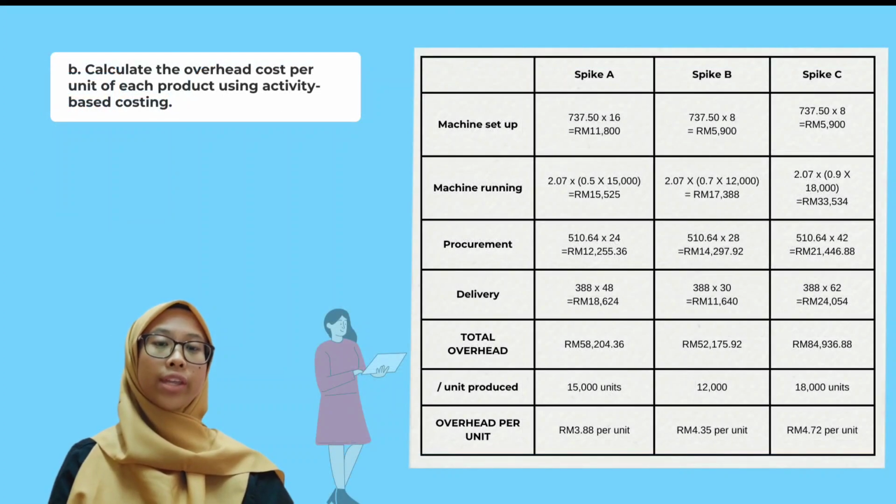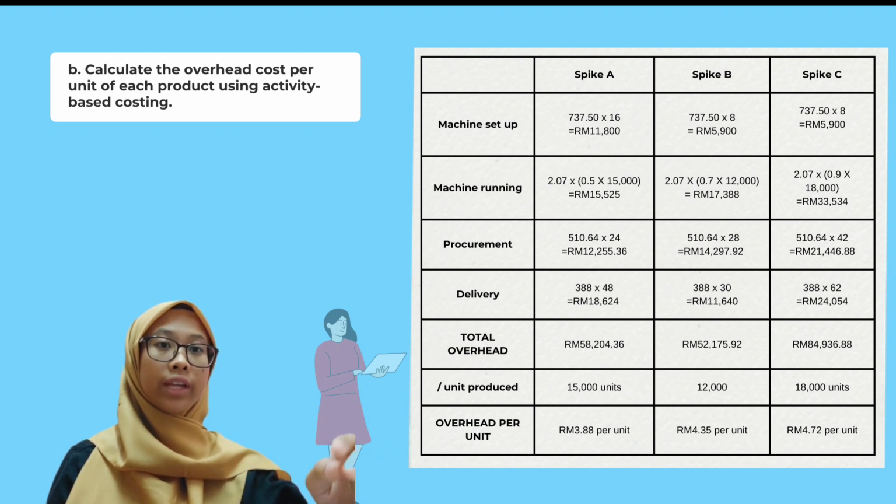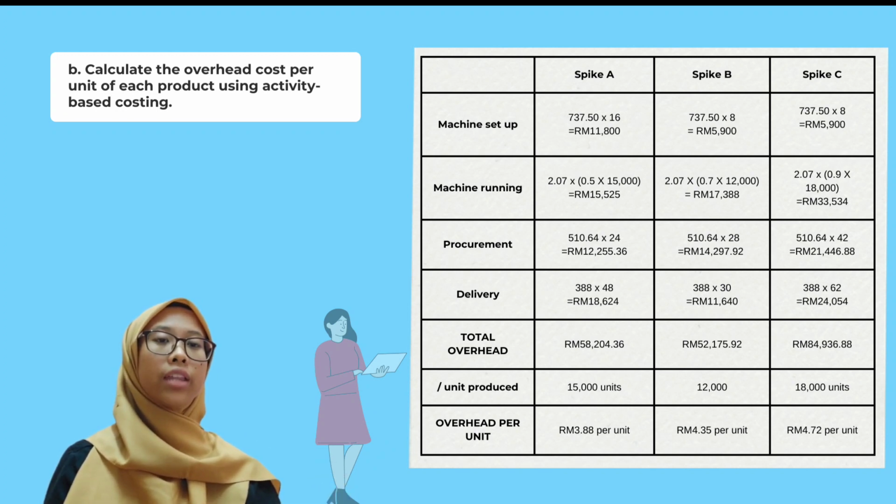The next step to calculate the overhead cost per unit using activity-based costing is that the cost driver rate that we just calculated needs to be multiplied with the cost driver for each activity and summed based on each product to get the total overhead. For example, spike A, the total overhead is 58,204 ringgit 36 cent, spike B 52,175 ringgit 92 cent, and spike C